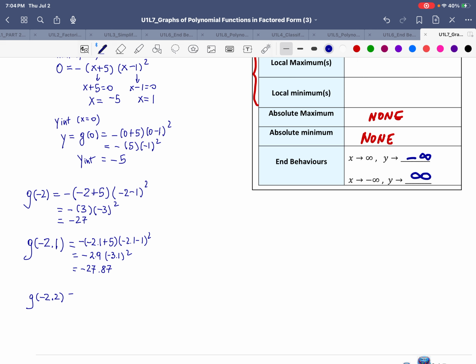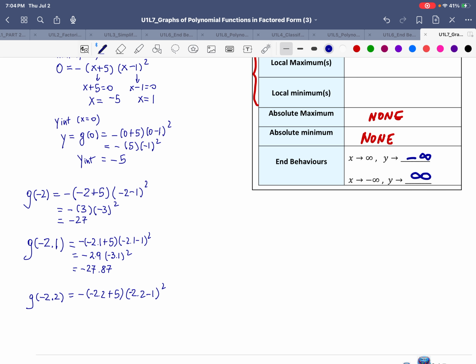And some people are very risk takers, and follow a risk-taking strategy by going even to negative 2.3 or negative 2.4, because it can be that we are far away from the really lowest minimum. So negative 2.2 plus 5 and negative 2.2 minus 1 squared. So let's check and see what happens in here. So we have a negative and then negative 2.2 plus 5 and then negative 2.2 minus 1 to the power of 2. And what I get in this case is